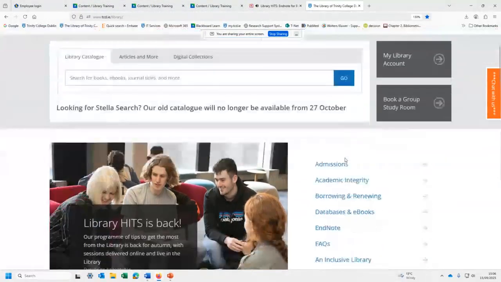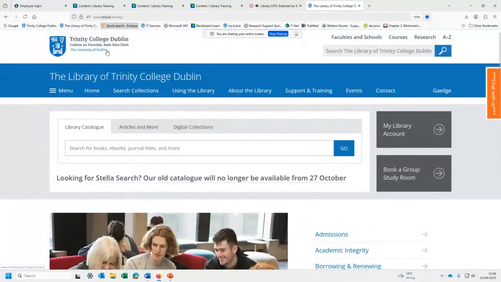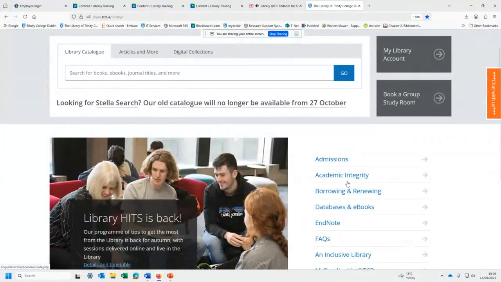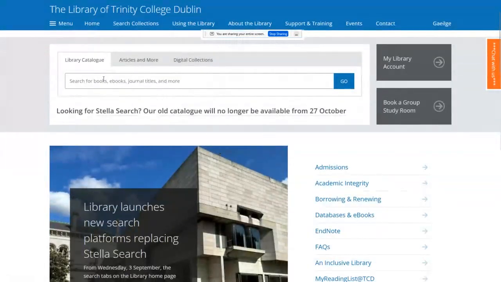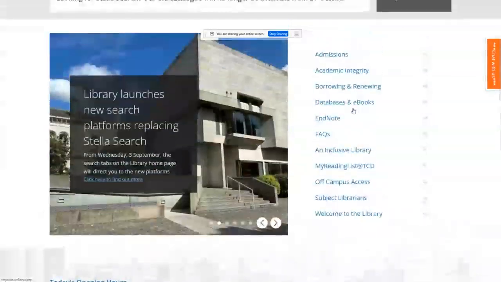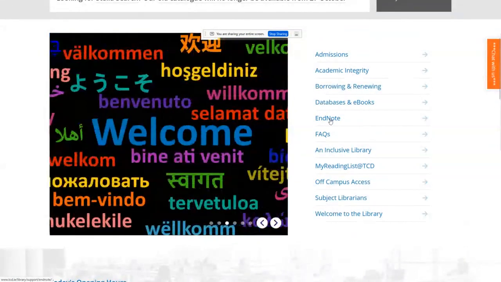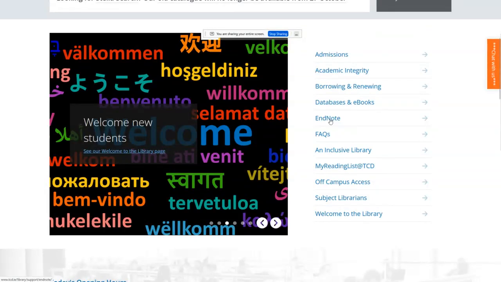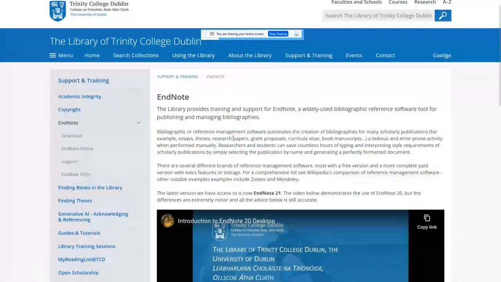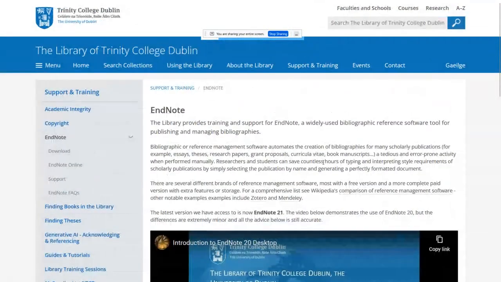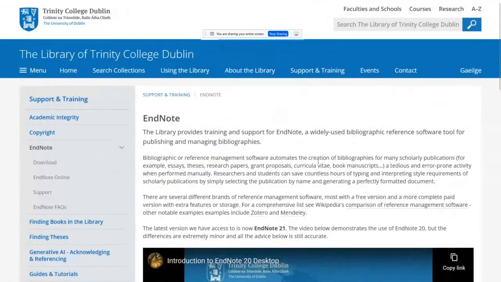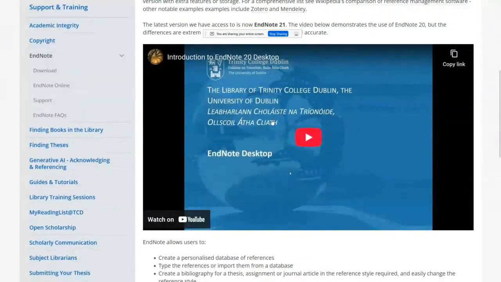Okay, so on the library website, you can just Google TCD library and it should bring you here. So tcd.ie/library. And here we have the library catalog where we can search for books and journals. And down here on the right-hand side, you will see access to EndNote. Okay, so when I click on EndNote, it takes me in. And you can immediately see the first bit is just a bit of blurb about what EndNote is. So it's a reference management software, etc. There's a recording of a previous session there. Okay, so you can watch that on YouTube. And then just a bit of blurb.